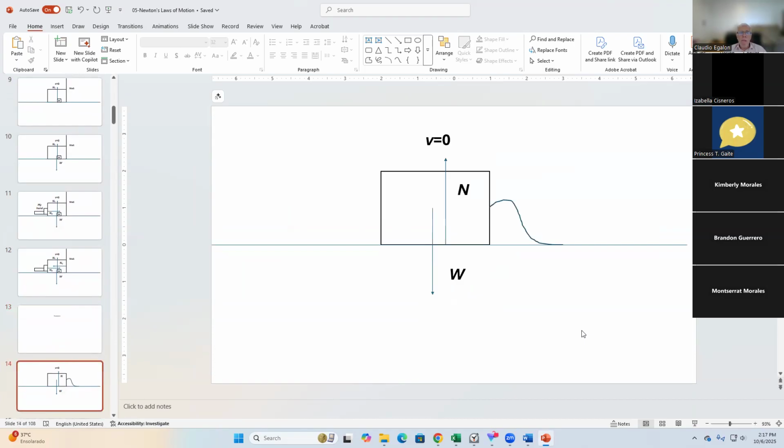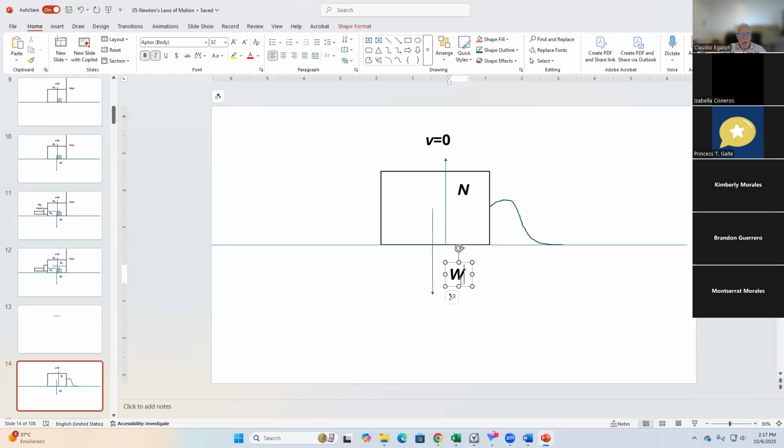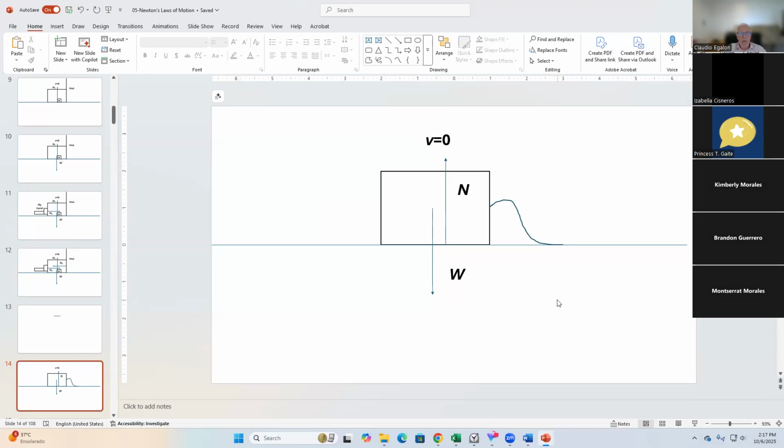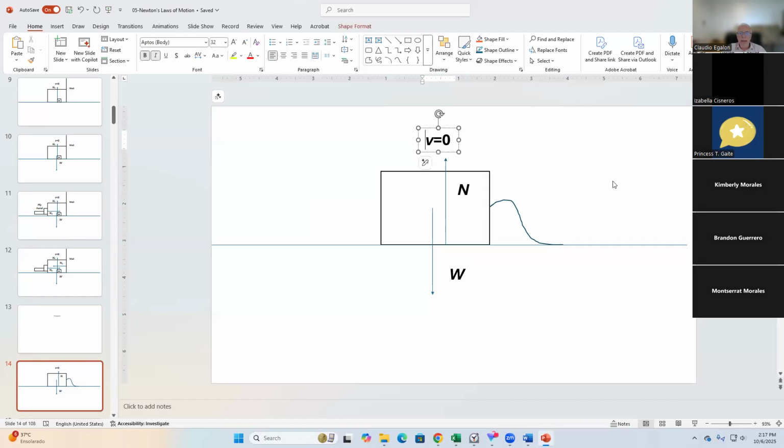Example, here you go. If an object is at rest, and now what do I do here? I attached a string to this object, but this string is loose. Consequently, this string is not exerting any force on the object whatsoever. My free body diagram will be this one that you see right in here: weight and normal force. And I am specifically stating that the object is at rest. There's a reason for that, which will become apparent soon.